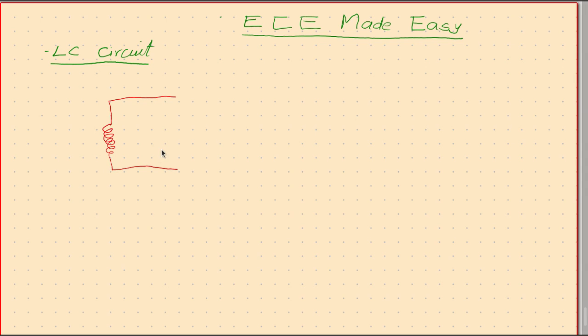In series also something happens, but currently I'm not interested in that series part. So let me take up the parallel part. So this L and C are connected in parallel, and this parallel combination is going to create wonders. How? That's what this session is for.